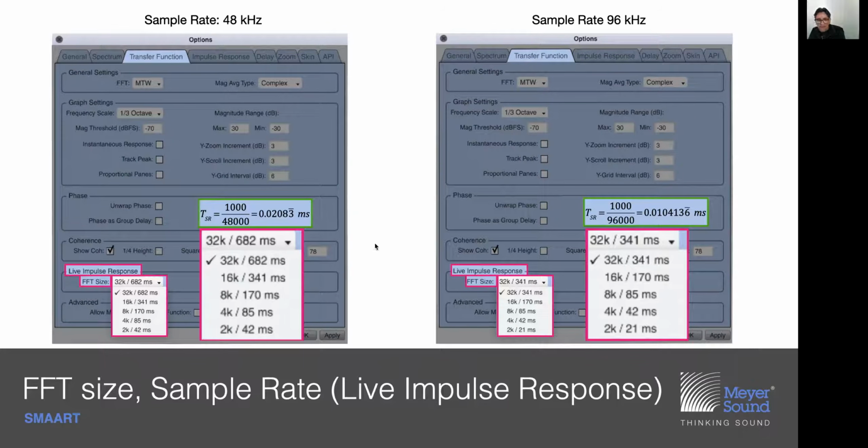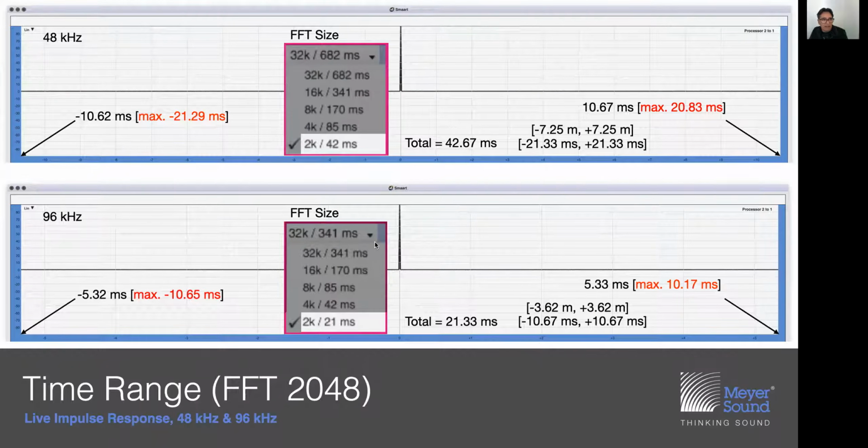And if you want to see a little bit more of this, in this slide, what we are seeing is just the live input response windows, and we're using the 48 kilohertz on the top and the 96 kilohertz version in the bottom. Right now we're using the 2K FFT size version. So as you can see, if you are selecting 2K, you're going to be able to analyze around 42 milliseconds total in terms of time. Actually, the right number is 42.67